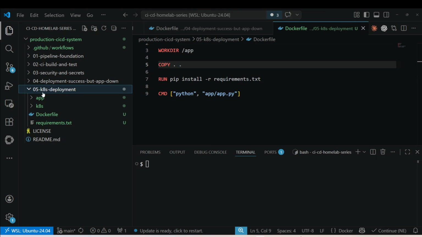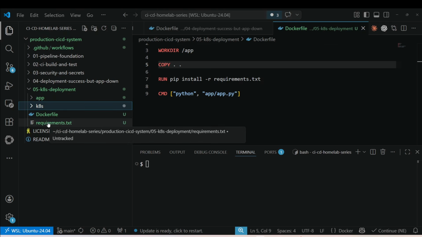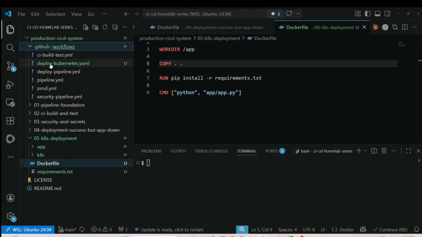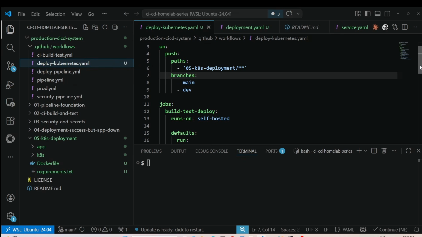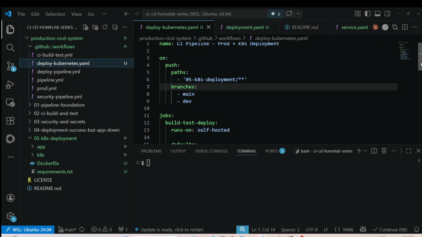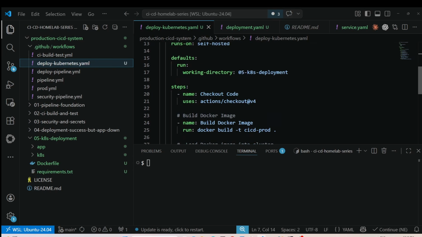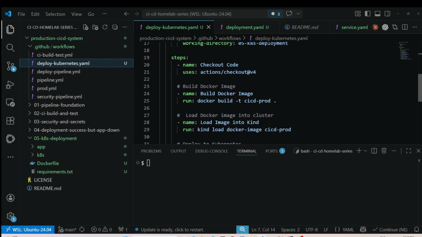We are creating a new folder here named K8s deployment. In that, we have application source code, Kubernetes files, Dockerfile, and requirements.txt file. I created a new YAML file, deploy Kubernetes. It consists of the same exact steps which we had in our previous episodes, but we are trying to improve the